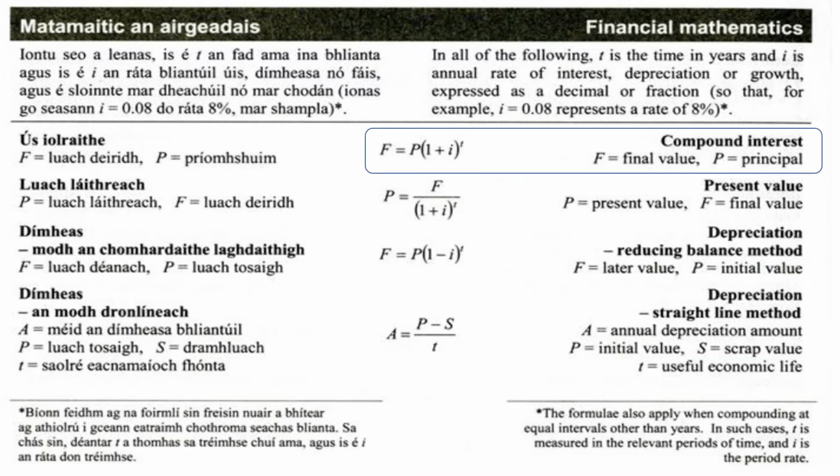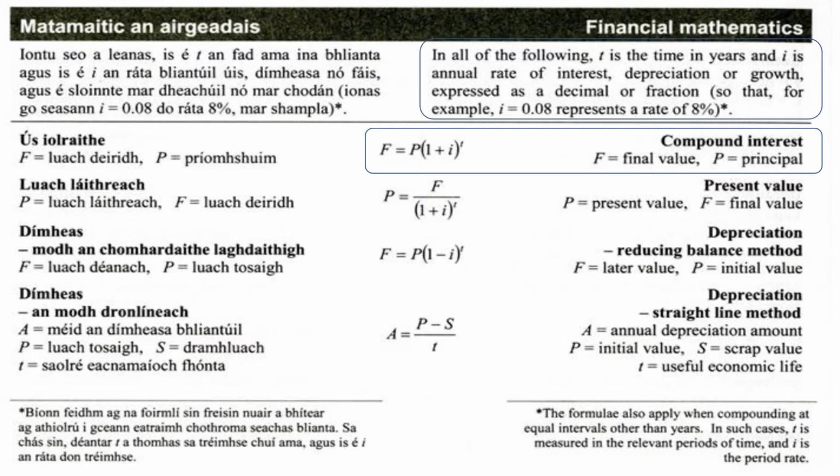The first formula we're going to look at is the compound interest formula. So we have F is equal to P bracket 1 plus i to the power of t. It tells us F is the final value and P is the principal. I tend to talk about F and P as our future value, so they've said final or future, and P, that principal, I refer to as our present value. It makes it a lot easier as we're working through the questions. Just to be aware,